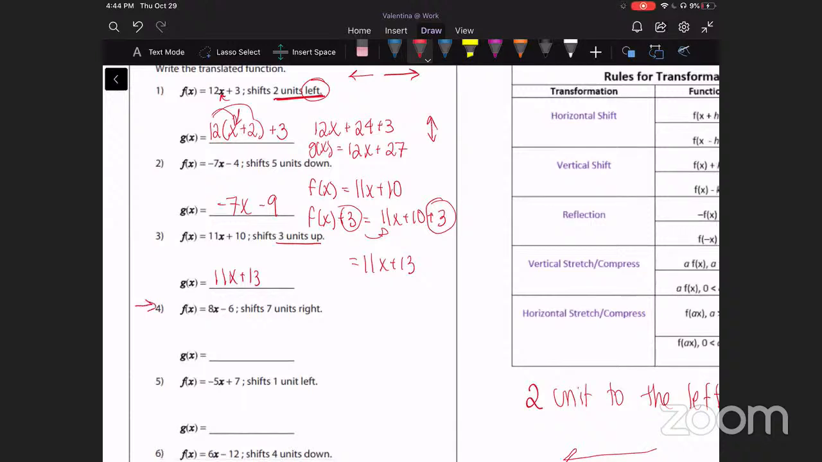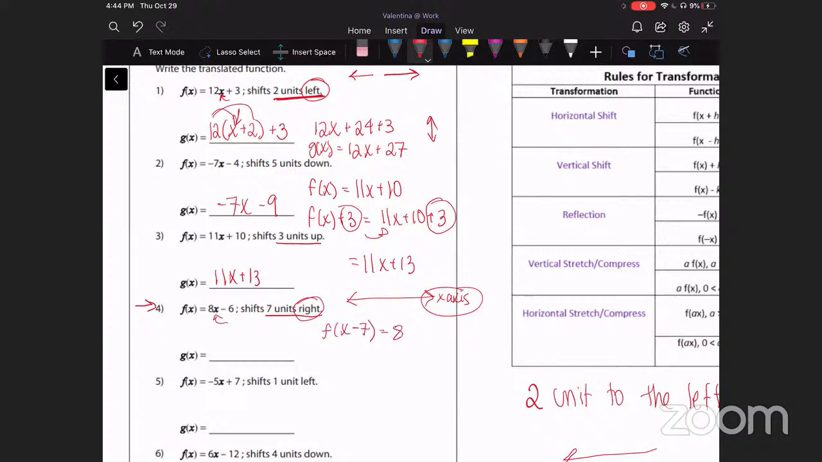So for example, let's look at number 4. Number 4 is asking us to shift 7 units to the right. Because that is a horizontal movement, we're going to be just affecting our x values, right? Because this would be your x axis. So we only are going to change our values in x. So we're going to say f of x. Now we're moving to the right, which means negative, right? So negative 7